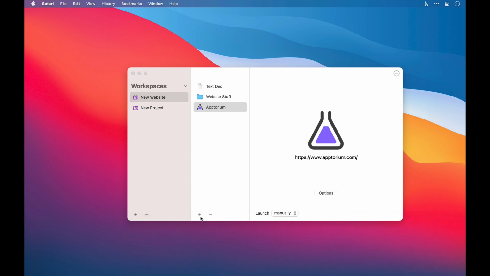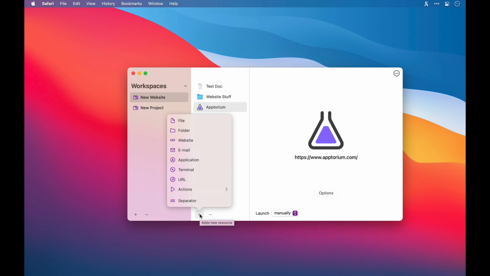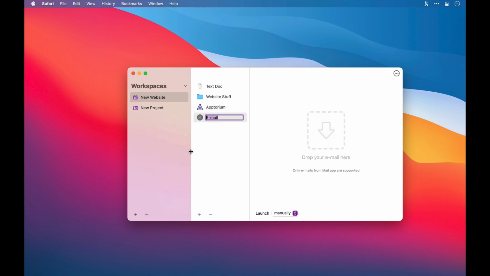And back to the next resource, which if I click is email. Now this allows us to access specific emails and you can open them at the touch of a button. So if there's information that you frequently need, but you don't want to go down that rabbit hole of your inbox, where if you're anything like me, you have more people requesting your attention than ever every time you go in there, storing individual emails here in Workspaces is a great idea.